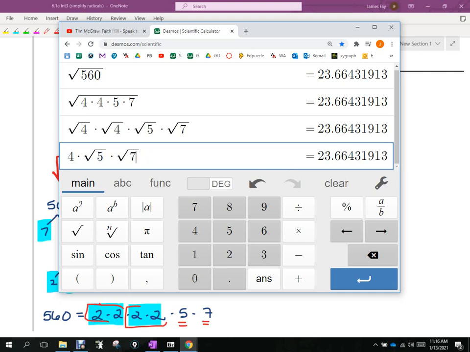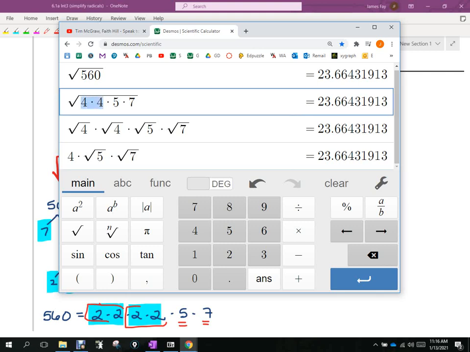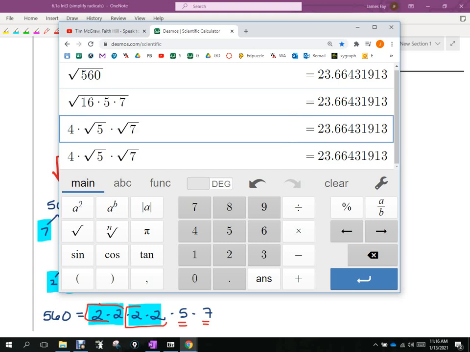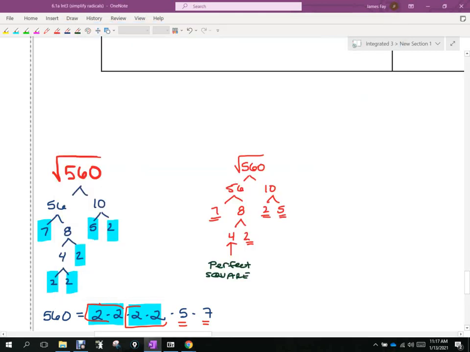But here's my next question. Go back up to this. What is that product? What's 4 times 4? 16. Is 16 a perfect square? So could I change that 4 times 4 so it would turn into that outside the radical? Is that still 23? So what I'm trying to demonstrate there is that